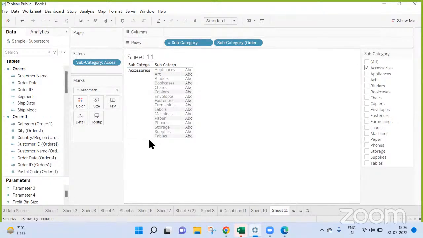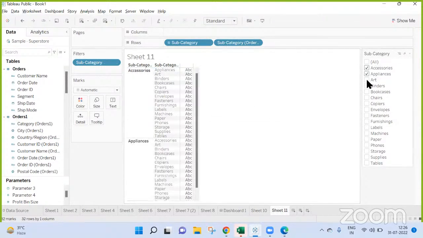Yeah. But suppose if you select accessories plus appliance plus art from the subcategory, it is showing appliance plus its own different combinations, right? Accessories has a different combination, appliance another, but the requirement is accessories plus appliance plus art. These three are a single combination, plus the other combinations. How many times does it come into a combination?